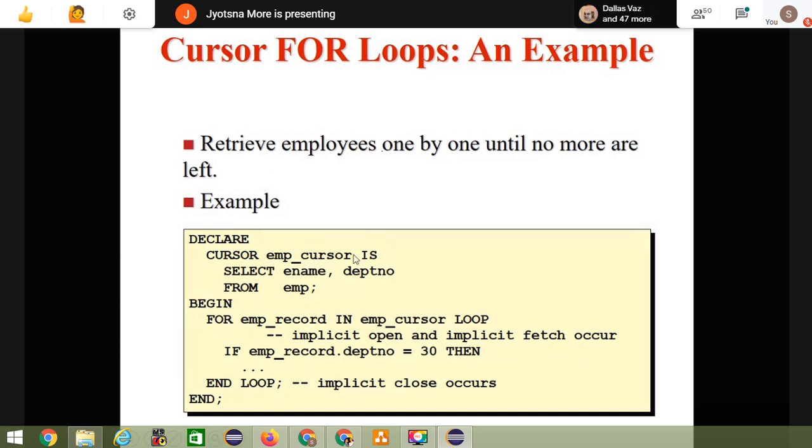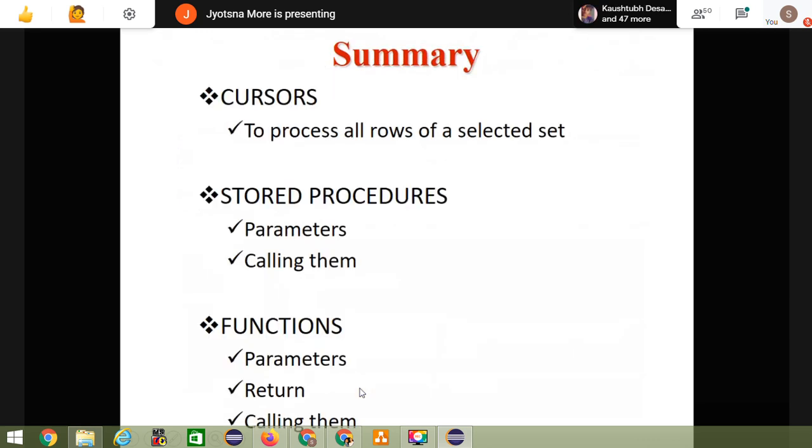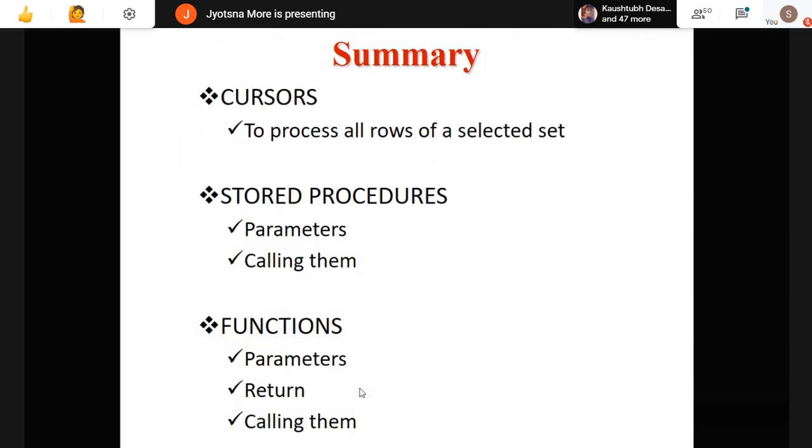Again, create a cursor and begin with that. Using the for loop, I am retrieving the employees till the end. Just write this for loop, and everything is a part of your normal programming. The only thing here is that the variable names and everything you have to use in terms of the database which we have created. So this is the last comparison.